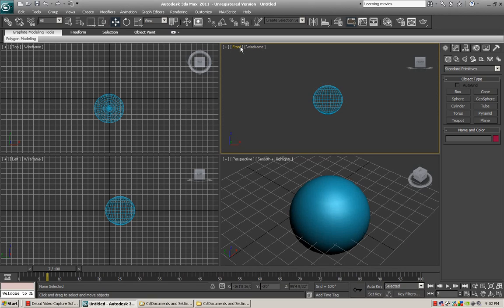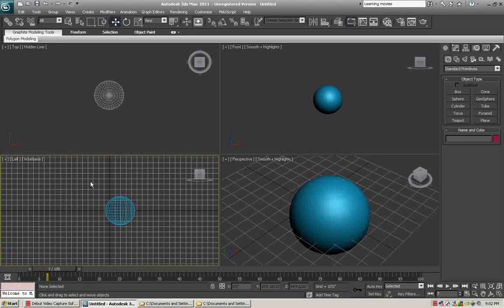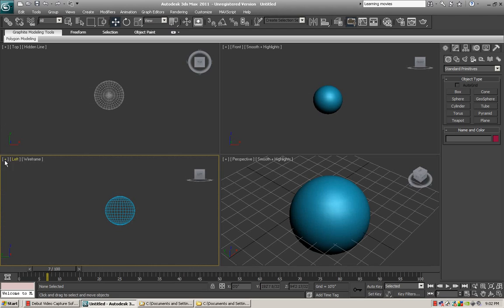This is the front view, and over here if you right click on that you have your viewing options. And the top view, again, different viewing options for that, and selecting on this viewport and getting rid of the grid. You can see this is the left side of that ball,